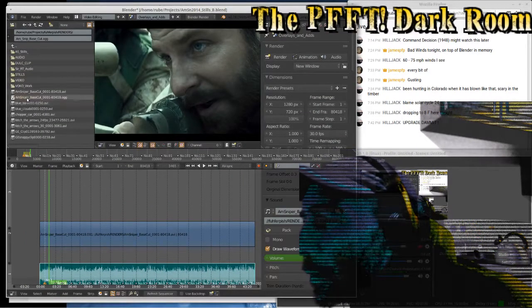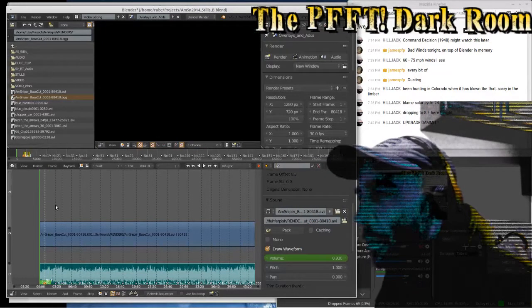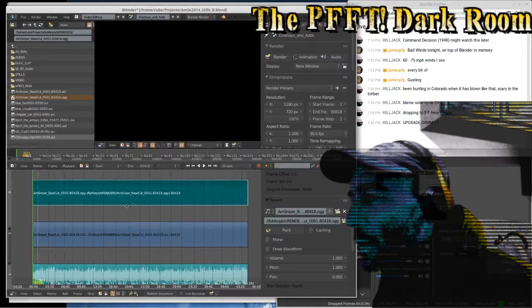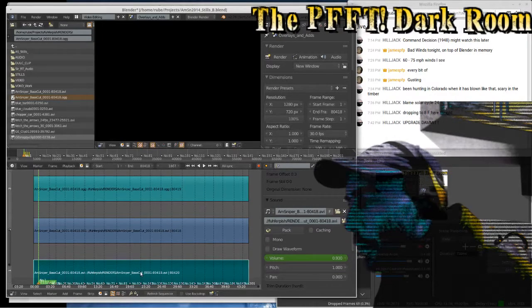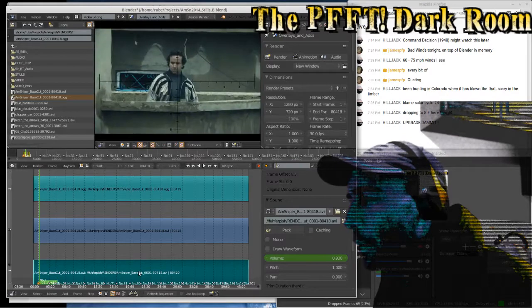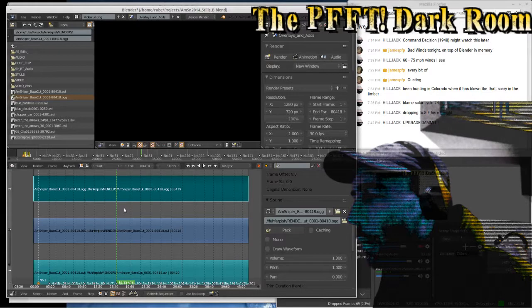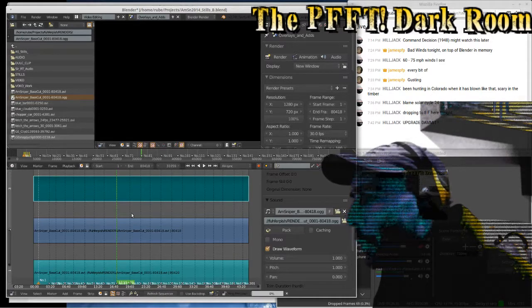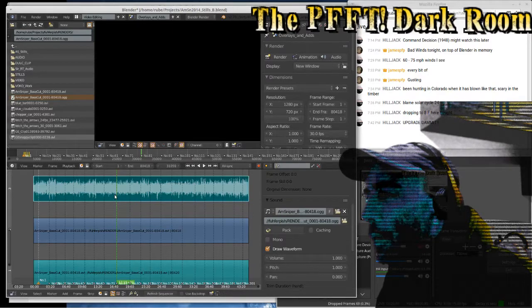So I just rendered this file. How big is it? It says 40 megabytes for the audio. Let me move that one down here and see. It's the same size. I could turn this waveform off. If I go to draw the waveform on the top one now, it'll take a little while to load.